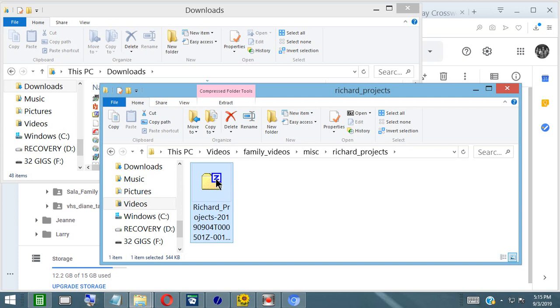I can't really directly access these pictures yet. I need to extract the stuff from here. And that's one of the things that's involved in the zipping and unzipping process. They were zipped when they were sent or downloaded, and now they need to be unzipped so they can be used as individual files. So I'm going to right click on this 7-zip